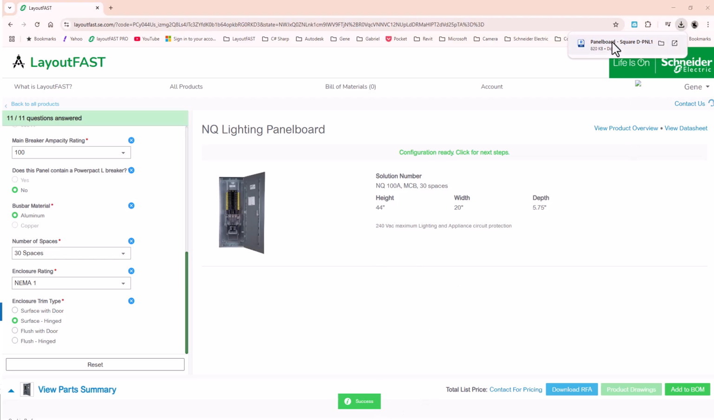Okay, as you can see here, success. It's downloaded the RFA, and then you can basically take this RFA and drag it into your project. Okay, so I developed this app, and one of the things in order to make the app work is that